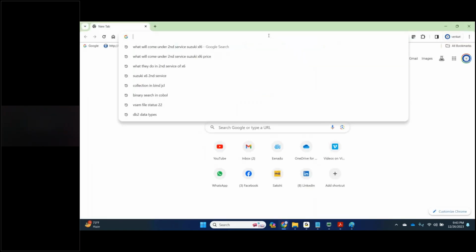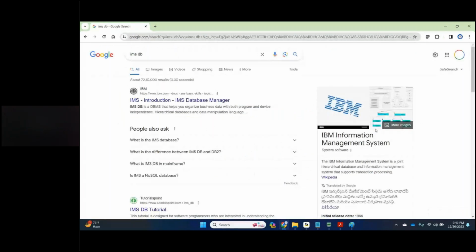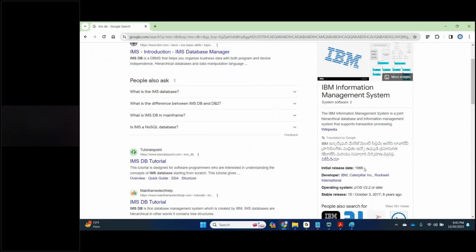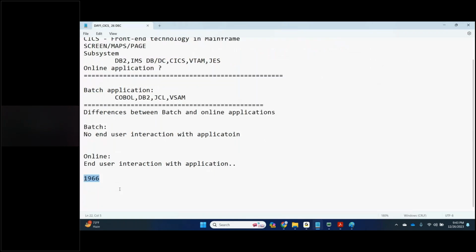I know this is not linked with our topic, but you see the initial release was in 1966. I know no one was born before that. Anyone born before IMS?